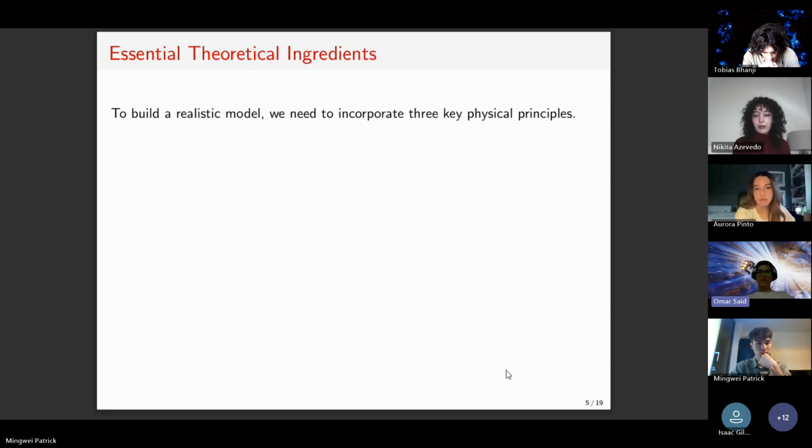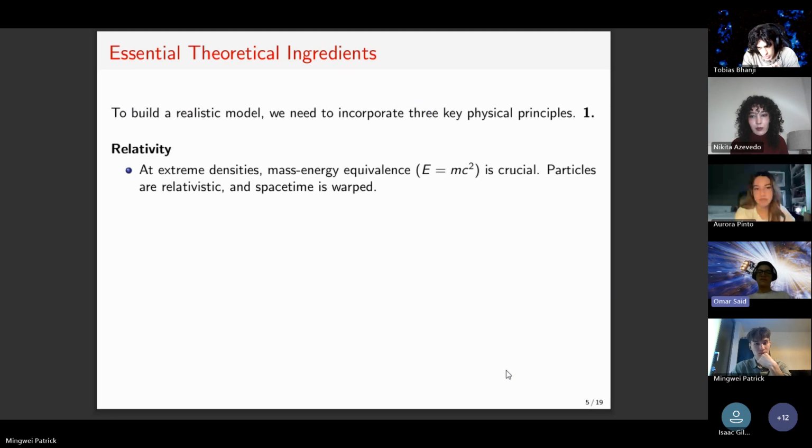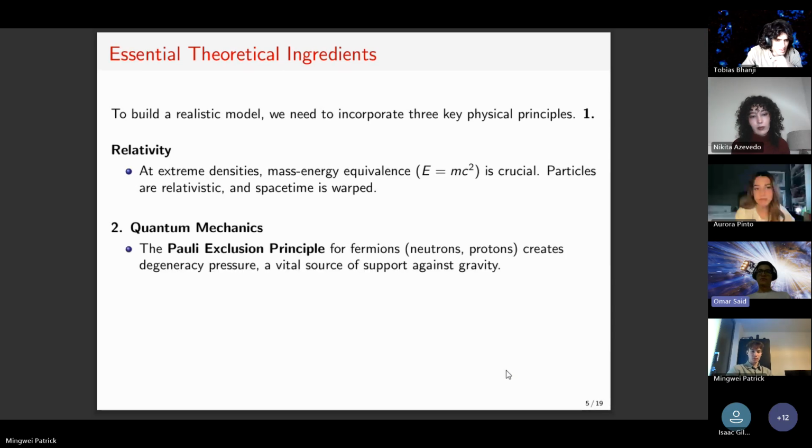Now, to go on to the model and get the derivation, we should talk about relativity, the famous equation E equals mc squared, and quantum mechanics, the Pauli exclusion principle. In the core of neutron stars, particles are subjected to an immense pressure due to the density of the star. So it forces particles to be in the same place at the same quantum state at the same time, and